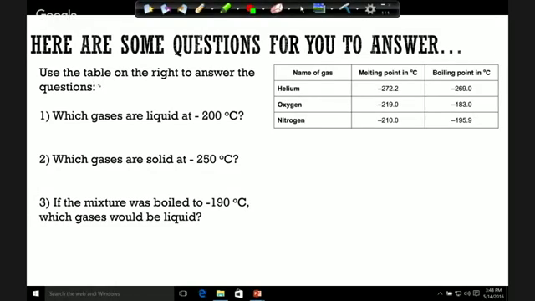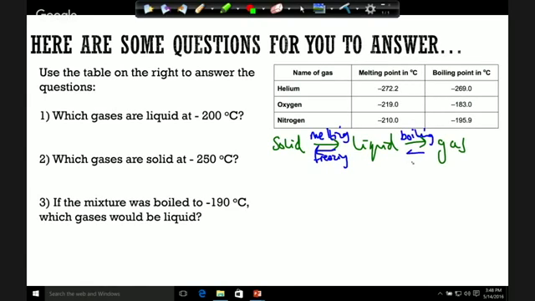So this question says, use the table on the right to answer the questions. Which gases are liquid at minus 200 degrees C? And the way I would recommend to answer these questions is to write down solid, liquid, gas. And here we've got melting and freezing, if it was in the other direction. So melting or freezing in that direction. And in this direction, we've got boiling, and in the opposite direction, condensing. So if you remember those changes of state between solids, liquids, and gases, that will help you out for this